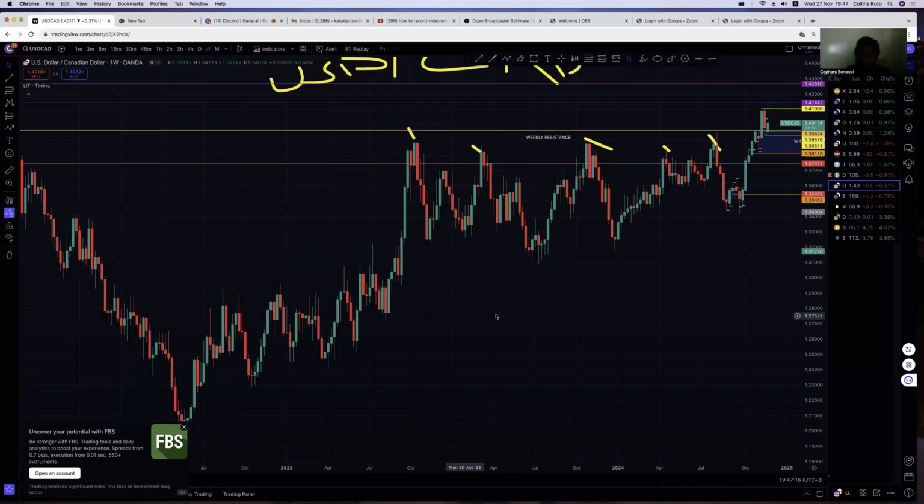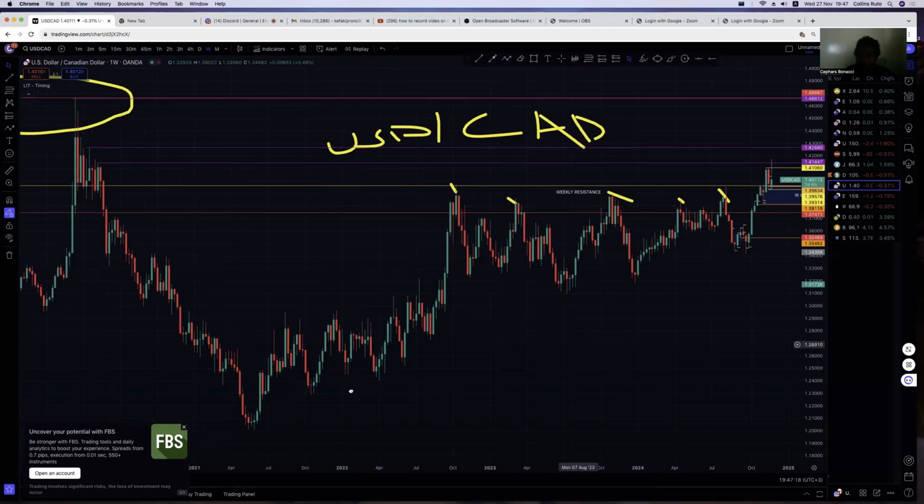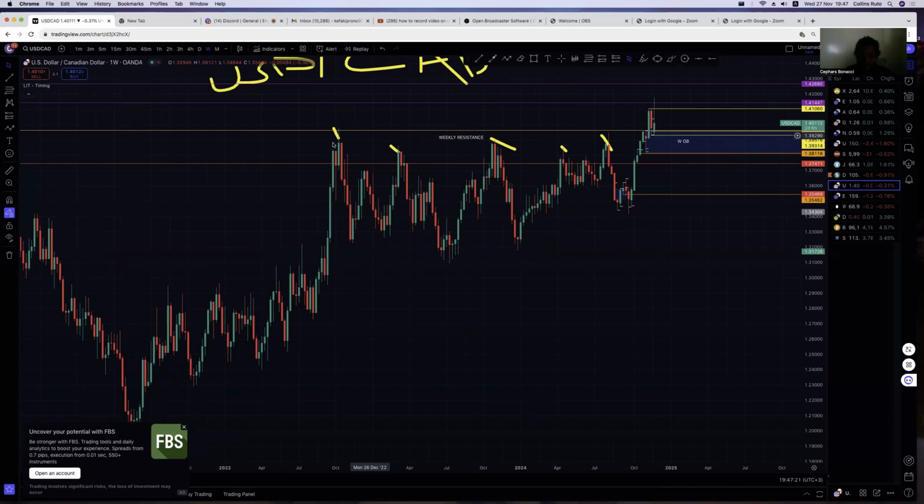Weekly time frame. You can see that there is a nice resistance over this level. It's a very nice resistance at this level. Yes, there's a very nice resistance. And if you can count,